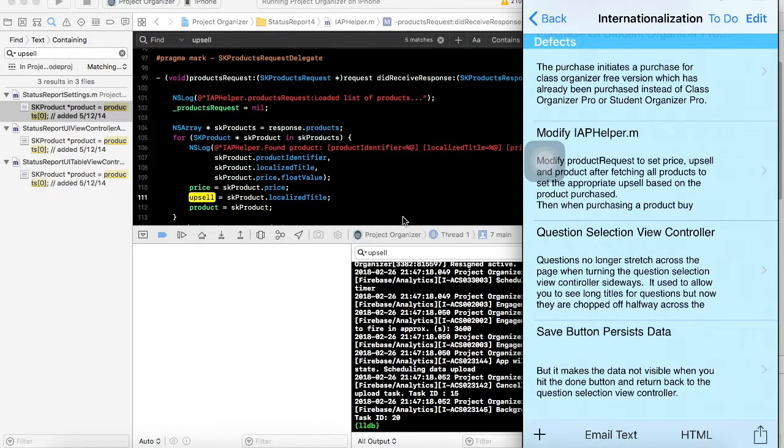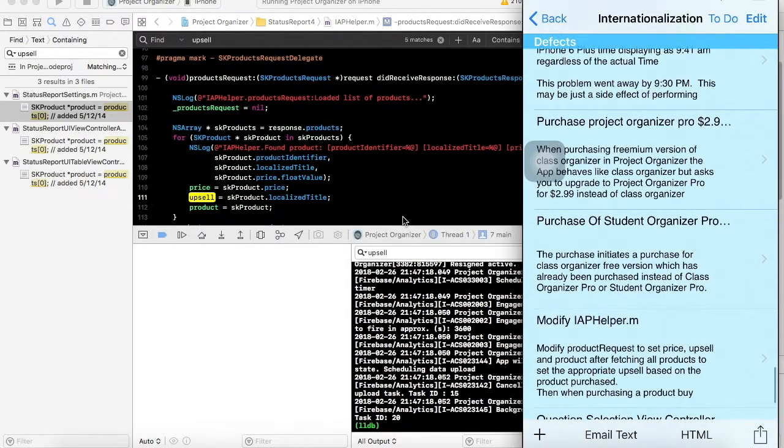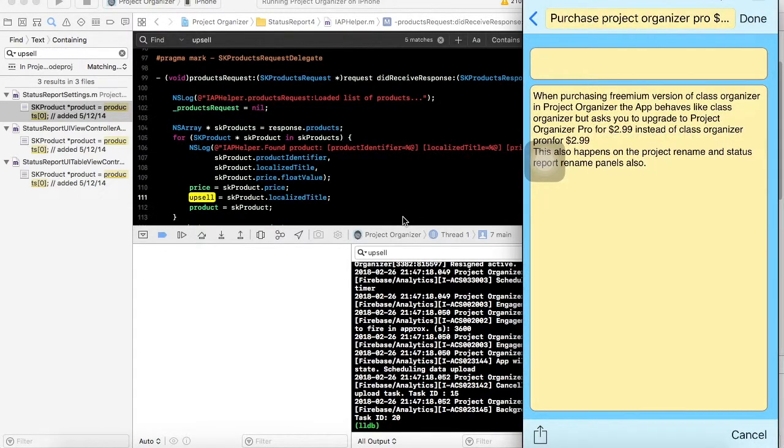So recently at first the app was coming up when I did the in-app purchase, it was coming up with the Project Organizer app and then saying it was $2.99, and that was obviously a bug because it was the Student Organizer Pro app that was $2.99, and it was getting those crossed,